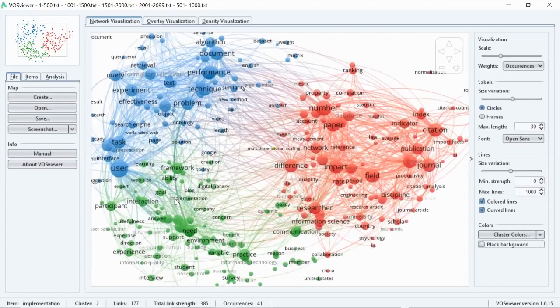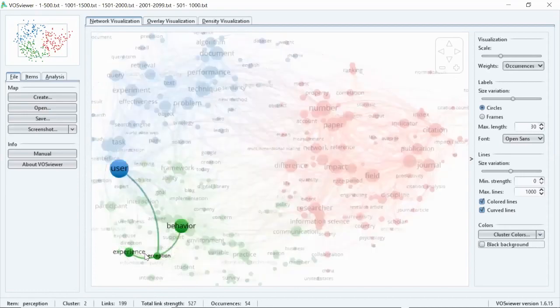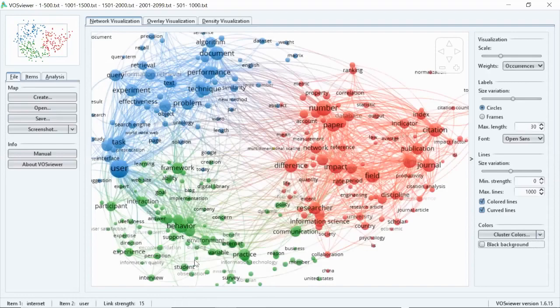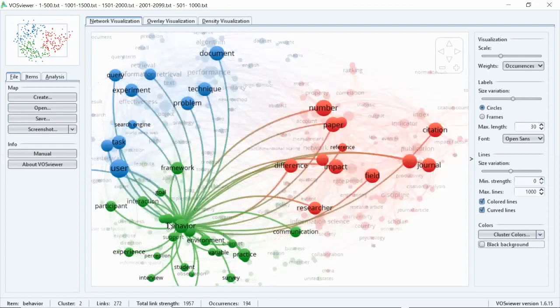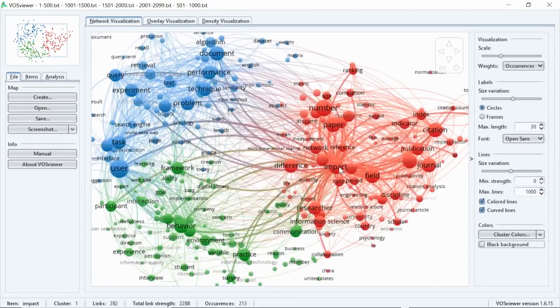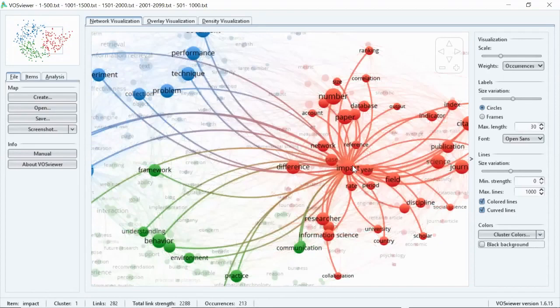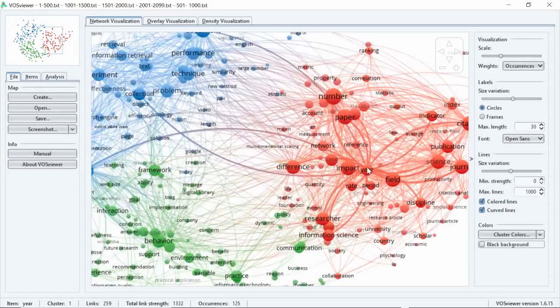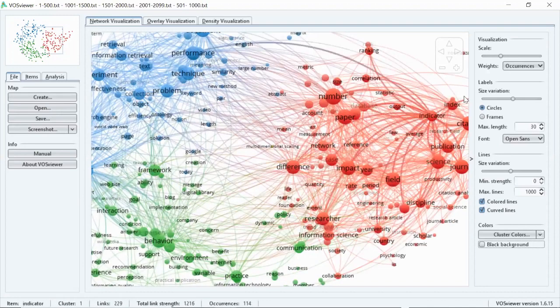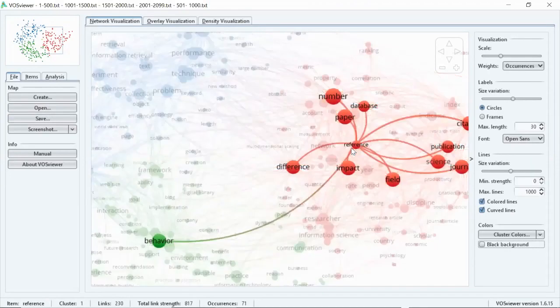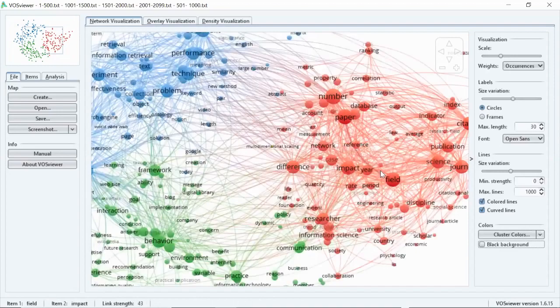I'll just zoom in into the green cluster. What is that? In the green cluster, the terms are behavior, experience, perception, participant, interaction, goal, students, interview, survey. This means this cluster deals with information science or information behavior or survey studies. Okay. We'll come to the red cluster. We'll see what are the terms included in this red cluster. Impact, year, field, science, publication, indicator, index, number. So this red cluster, based on the terms, we can say that this cluster deals with bibliometric and scientometric analysis.